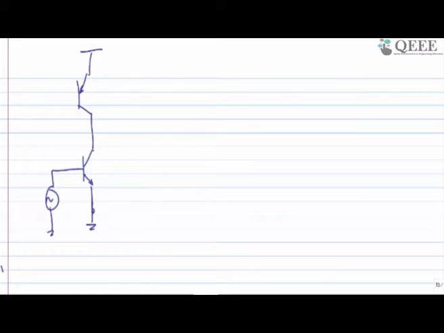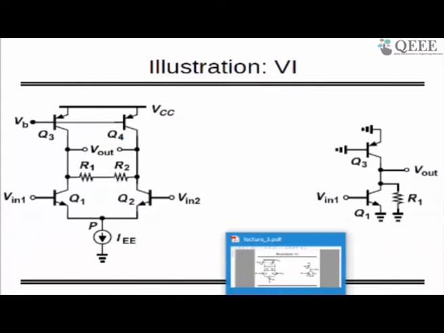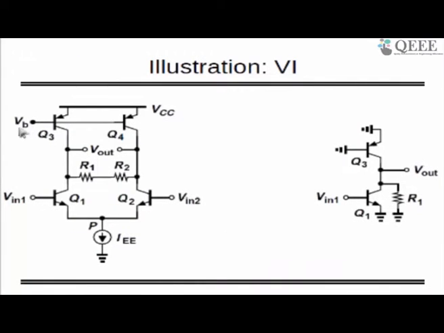So this is the virtual ground point. First of all, this is VP, which is AC virtual ground. This is again ground. This is ground. One more thing I forgot to tell you, this VB is a bias voltage which is DC. So if this is DC, this has to go to ground. So the input of the Q3 and Q4 transistors, or the base terminal, is connected to a DC potential, and because of the DC potential, it's ground.